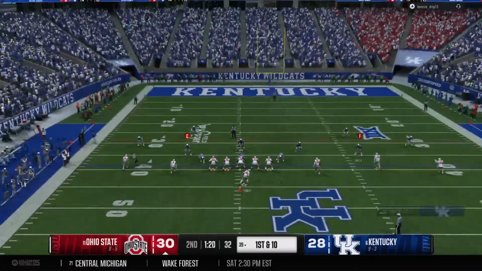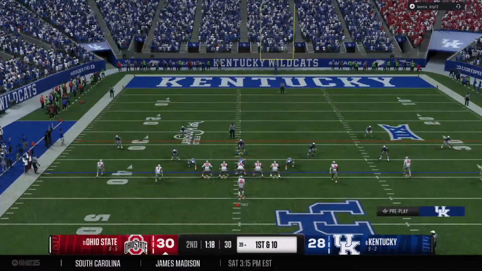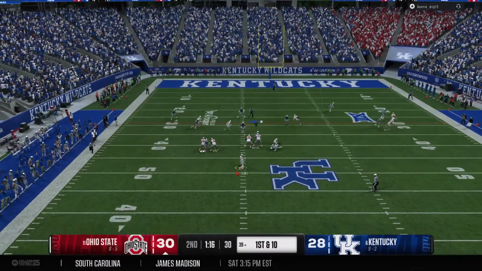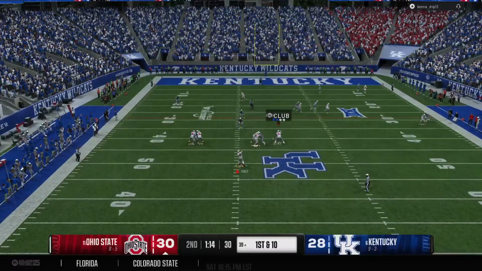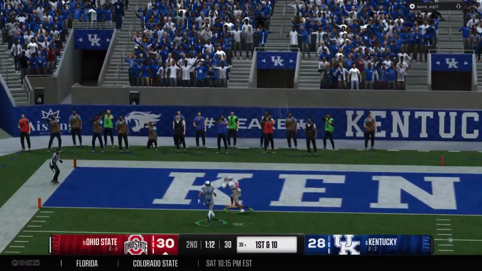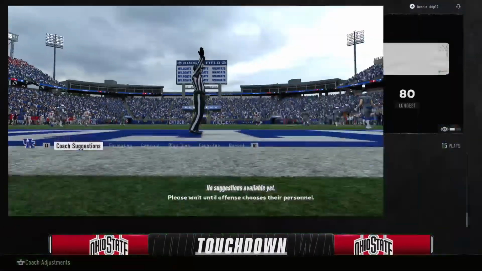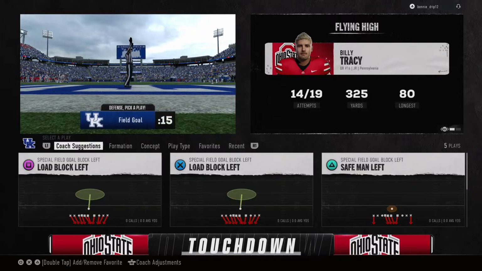Nothing's there. Play breaks down. Instead of just throwing it away, he sits back, sees nothing downfield, decides to pick up the first down by himself. Here's a shot toward the end zone. Touchdown, Ohio State. Still no answer for this offense.